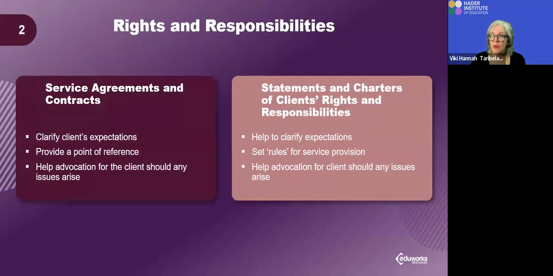So we have service agreements and contracts. We must work within those guidelines. There are statements and charters of clients' rights, their responsibilities, as well as their rights. So even in a program, if we're doing something, we'll often make an agreement, a soft contract, and we'll say, look, when we're together in this program, the things that work really well for me and the things that are no-go. Get your clients, if you're in a program, what do you need to feel that you will get the most out of the time that we spend together? It's okay to make soft contracts there.